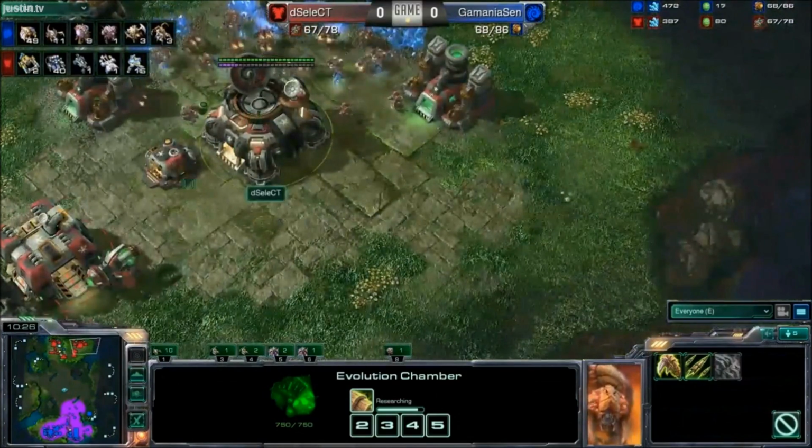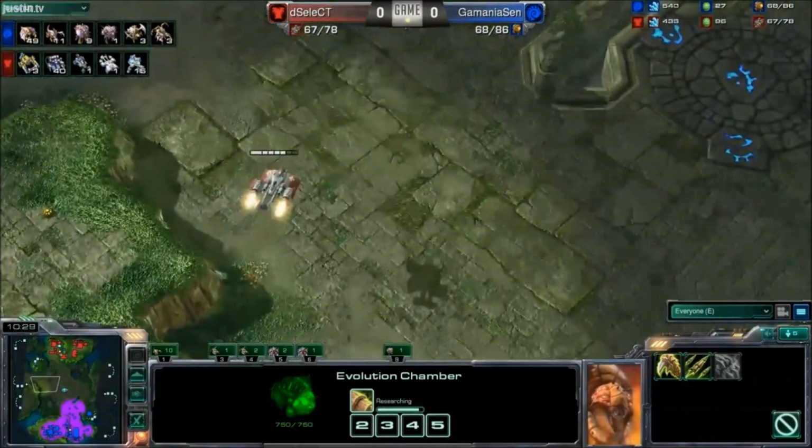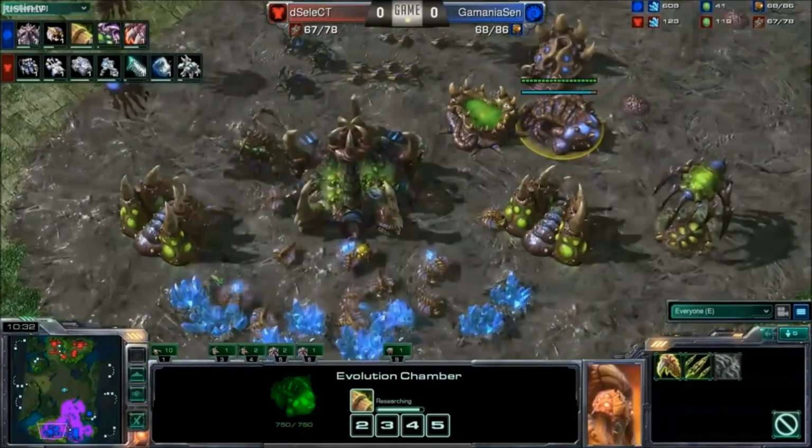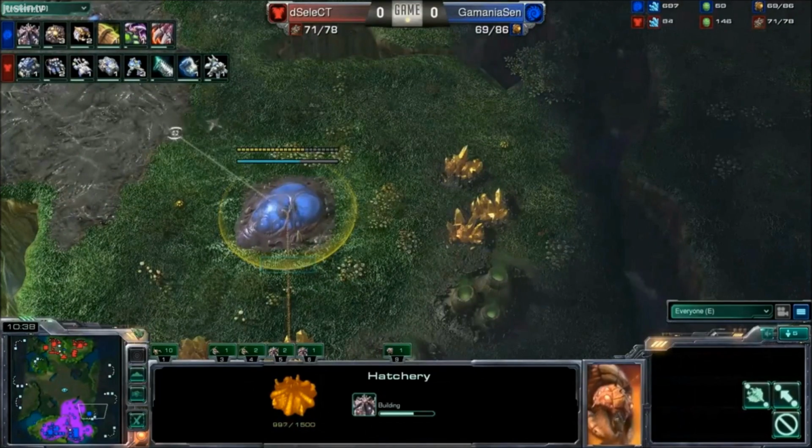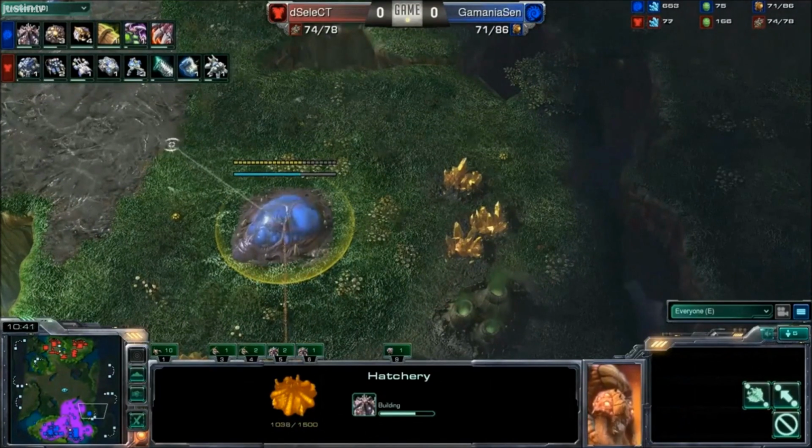Yeah, very, very successful drop coming in from Select. It's exactly what he needs to do. Get rid of those drones, make sure they're gone. But the third for Sen is coming up, and as I said before, it's at that